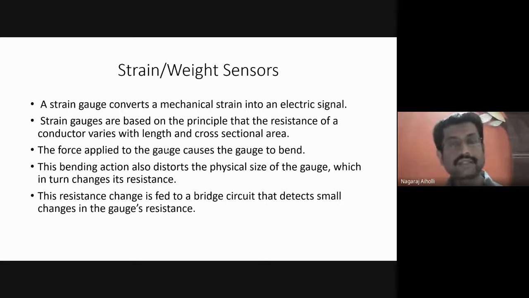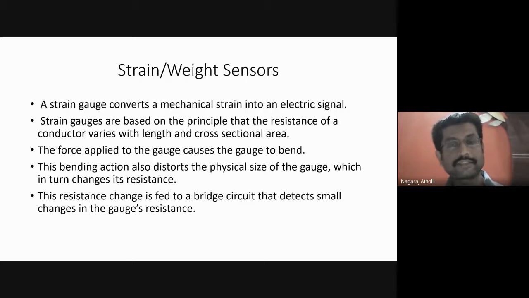This is how it is done in the industries. The voltage is measured using the Wheatstone setup or any bridge setup. Then by measuring the voltage, the resistance is measured. By measuring the resistance, the strain or the weight is measured. All are calibrated. I hope you will try to understand the meaning of calibration here.